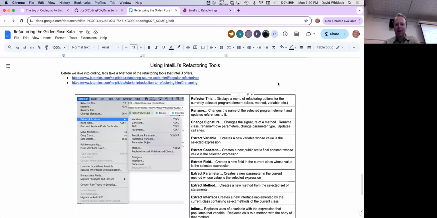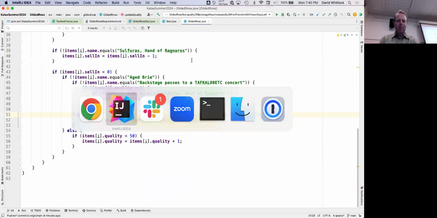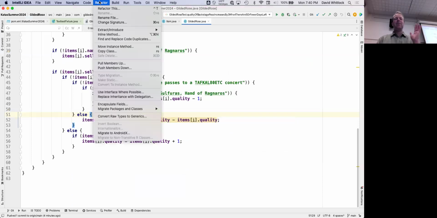But first, I wanted to talk a little bit about the tools that IntelliJ has for refactoring. I've been using these all along, but this is where I hope, after watching the content about code refactoring, things really start to make sense. So let's go through these in IntelliJ one by one. If you've got the newer look to IntelliJ, you don't always see the refactor menu, but if you use Refactor This, Control T on the Mac, you'll get this pop-up menu.